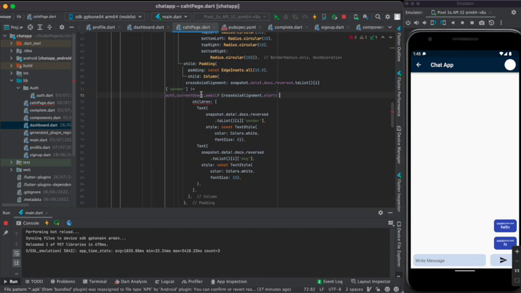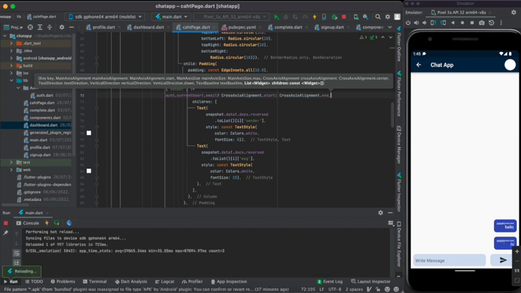Otherwise it will return a cross axis alignment dot end. So if you are a sender, then it will return you end. Save it, good,